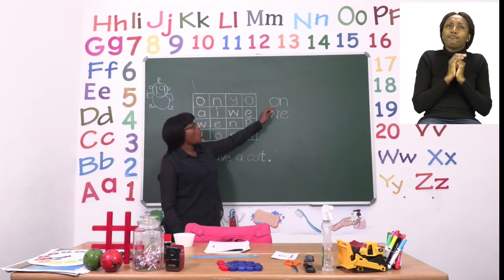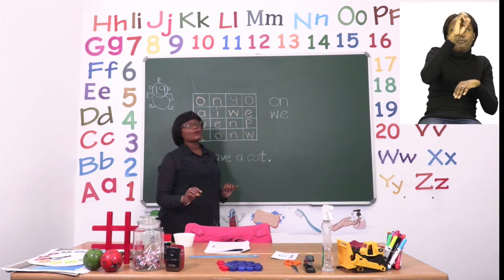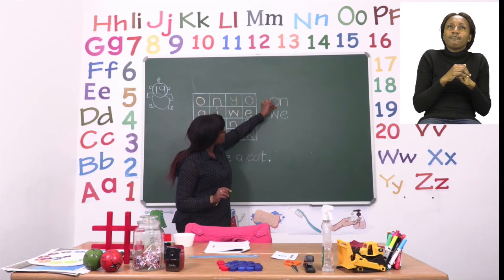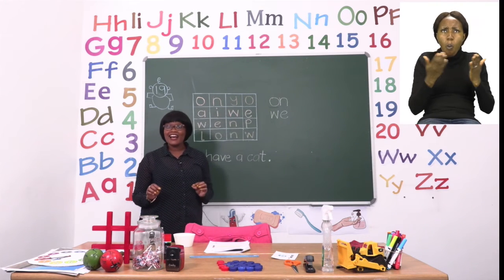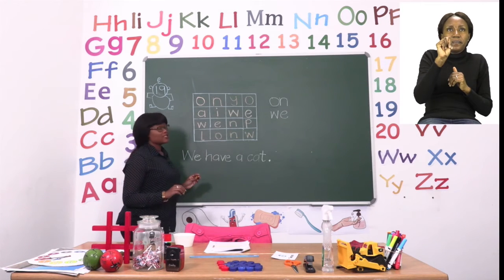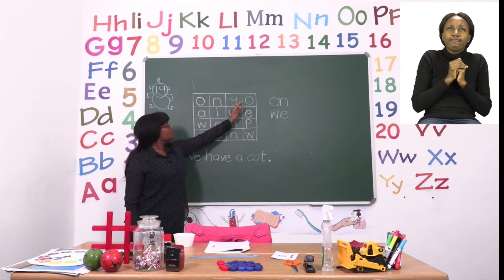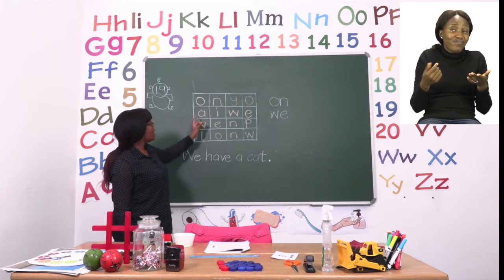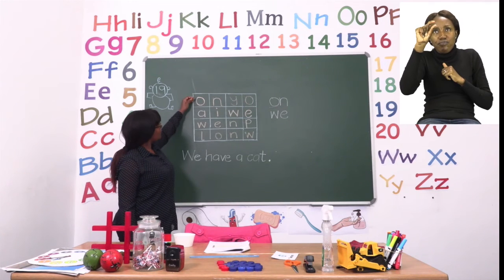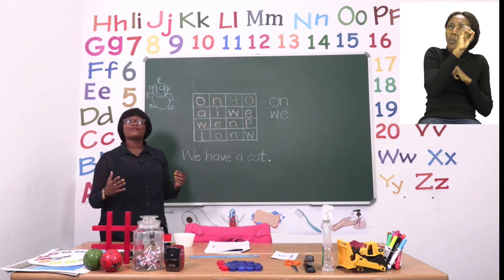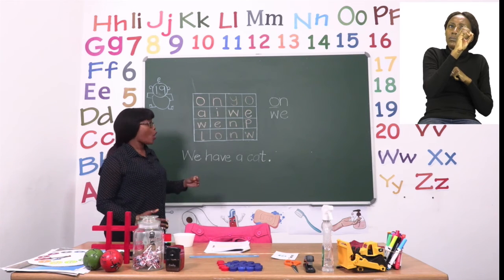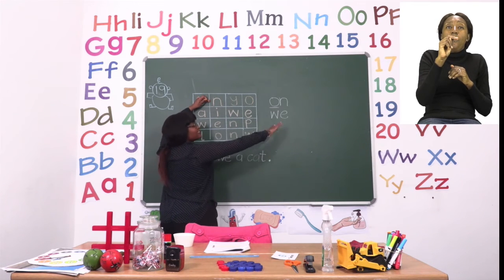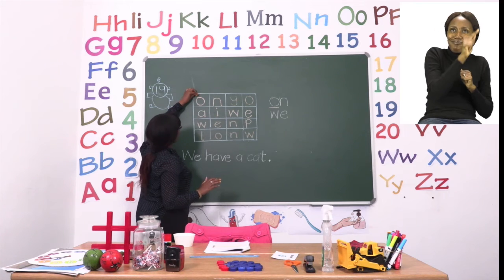We are going to look for the word on together. Now the word on starts with an o. So we're going to first look for an o and then an n. Now you can start searching by either looking across or down. In this case, I want to start searching looking across. The first one is an o, and now I have to find an n near the o. So I have an o, which is what we're looking for, and an n. So I have found the word on.